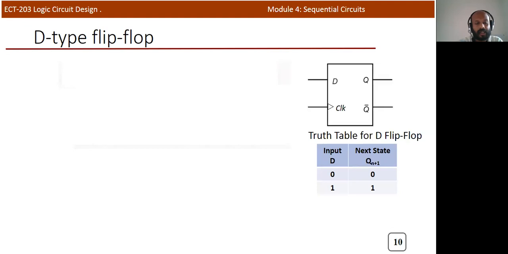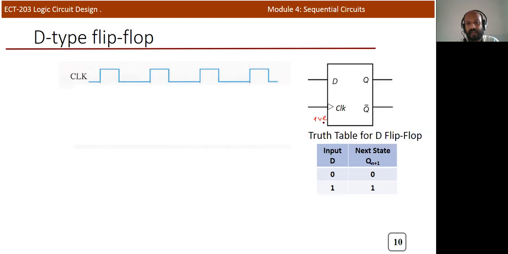Now we can consider one waveform and how we can find the output of a D flip-flop. This is a positive edge triggered flip-flop, and this is the truth table of the flip-flop, a simplified truth table. Positive edge means the output of the system changes only at the rising edge, or the input is sensitive only at this rising edge.